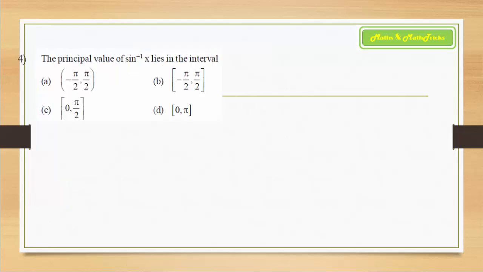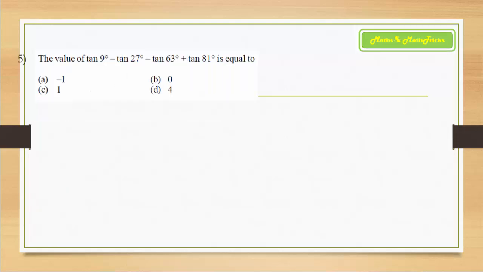Alright, coming on to the next question, the basic fundamental question. See, inverse trigonometry, you should revise all the important formulae along with the principal value branches for inverse trigonometric functions. So what is the principal value branch for sine inverse x? This is just an oral, concept based question. You must be aware that the principal value branch of the sine inverse x function is the closed interval minus pi by 2 to pi by 2, which is a restricted domain, the principal value domain for the sine x function to exert its inverse. So remember this is a remembering based question. So option B is the right choice. Alright, coming on to the next question now.